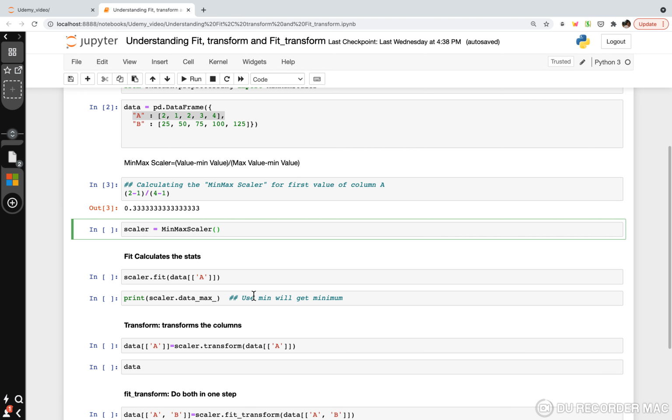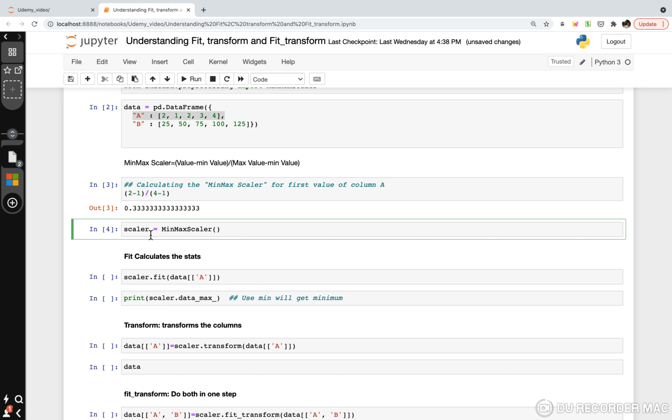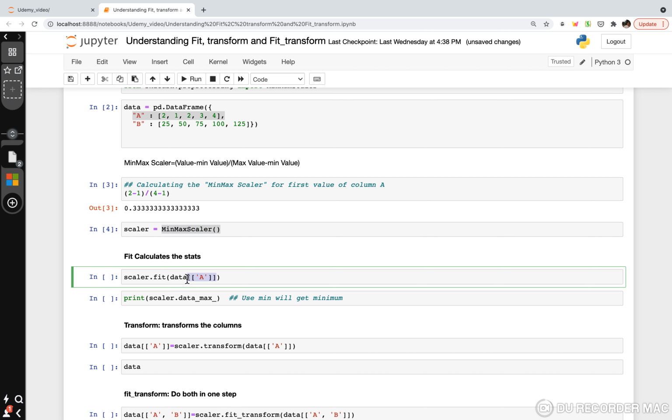Then you create an object with MinMaxScaler, and then you do fit. So this scaler is an object of the MinMaxScaler class, and I am doing scaler.fit on data A.